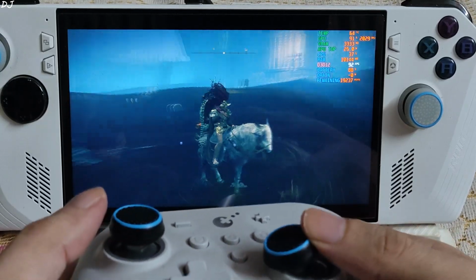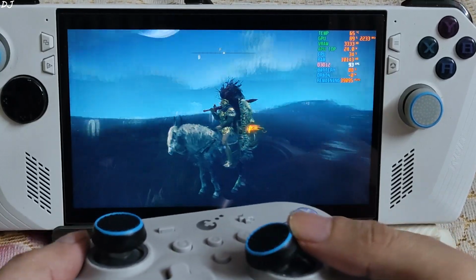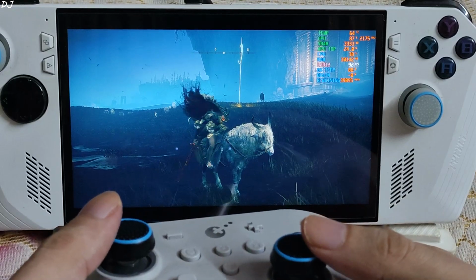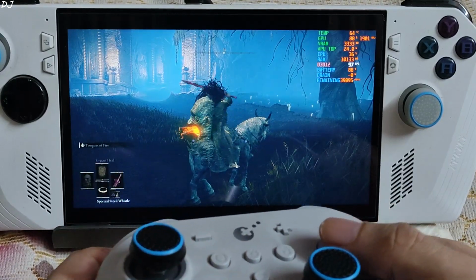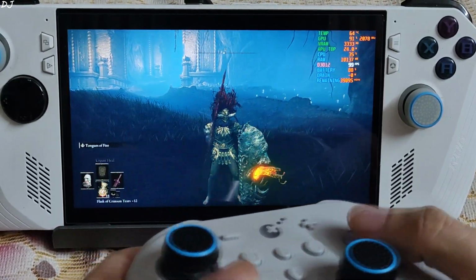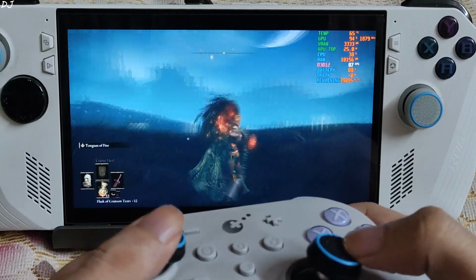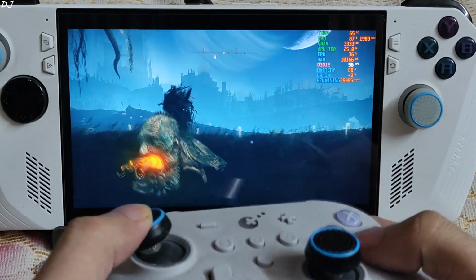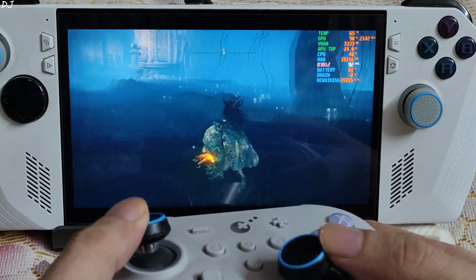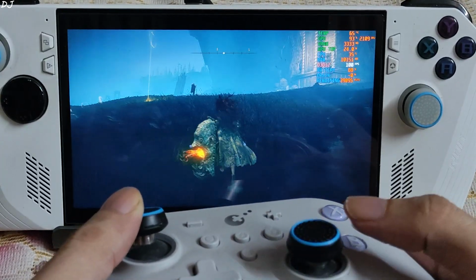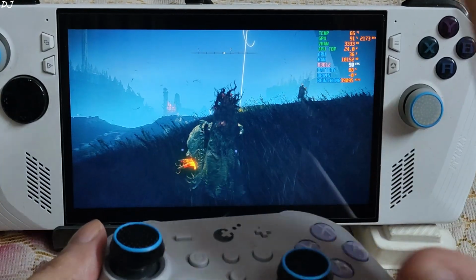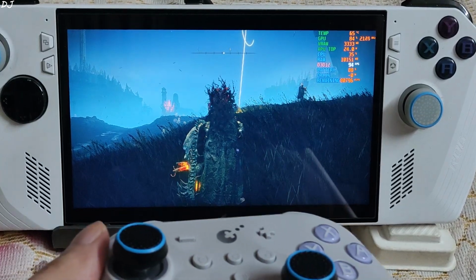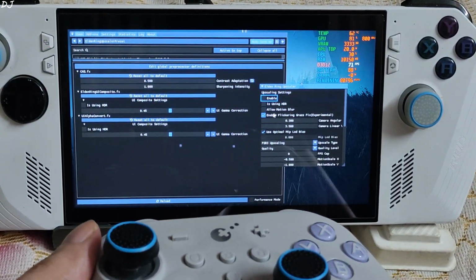No graphical artifacts around the character model. Swinging my sword, let me just consume some Estus. Game's HUD elements are not flickering. So good implementation of FSR 3. Now I'll disable it and enable LSFG